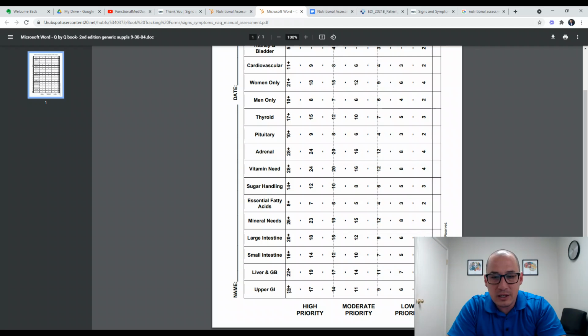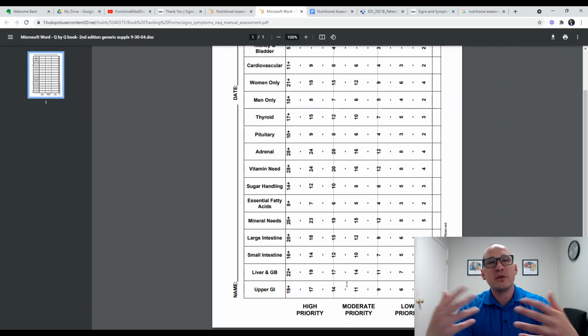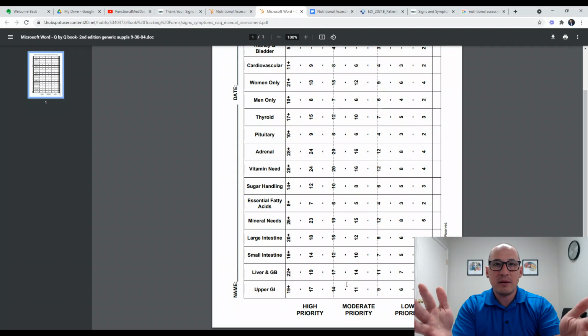But let's say you only answered 1 on, say, 11 of the questions. You would be 11. Doesn't mean you're in the clear. Doesn't mean it's perfect, but it shows there might be moderate priority. Anytime I'm seeing high priority and moderate priority, of course, those are the areas that I tend to investigate more,